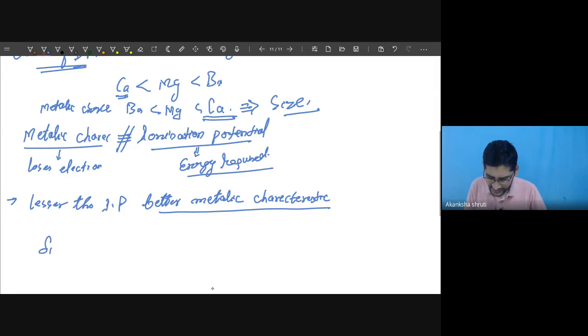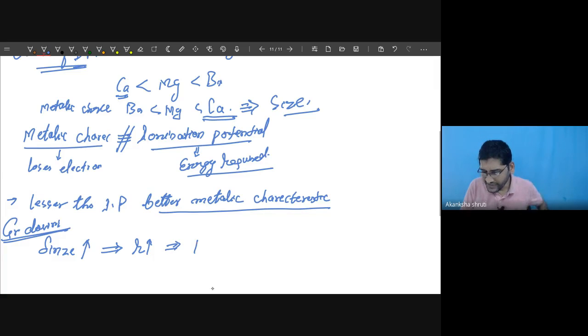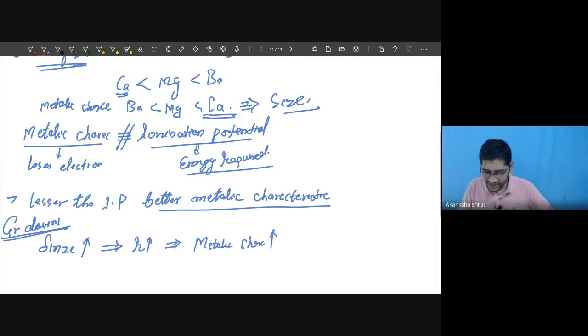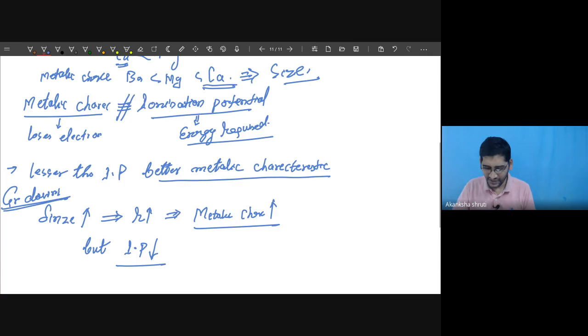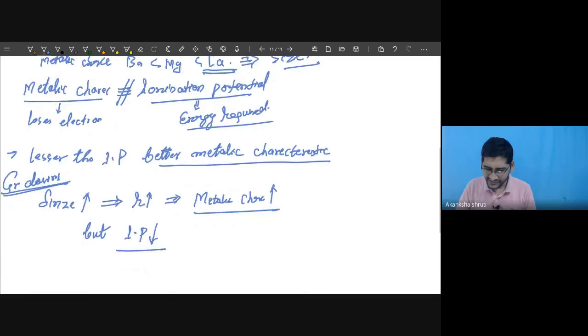Understand this: size increases when we move down the group. Moving down, size increases, radius increases, and metallic characteristic increases. What about ionization potential? That decreases. Okay? Ionization potential IP decreases. So keep these things in mind. All these are related to size, metallic characteristic, ionization potential, even the energy required,